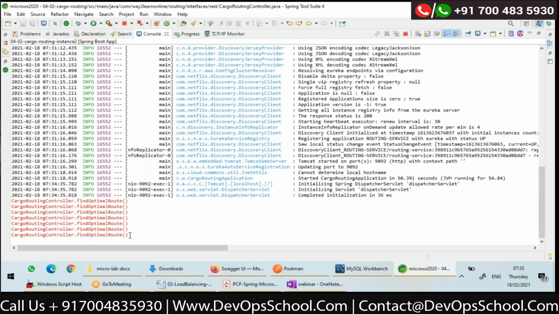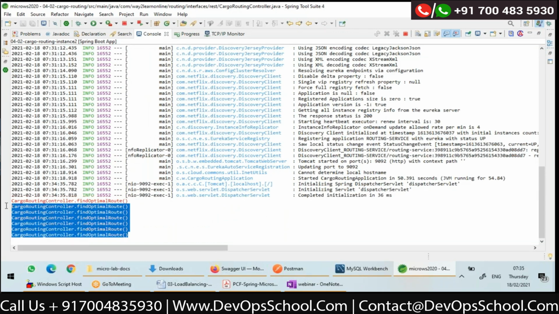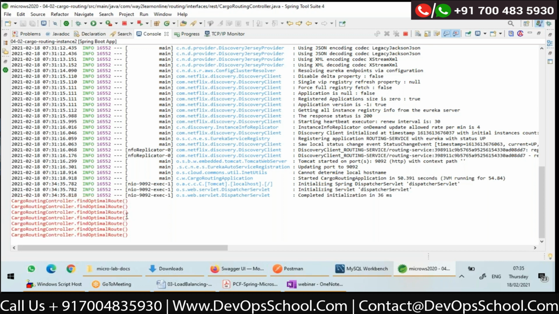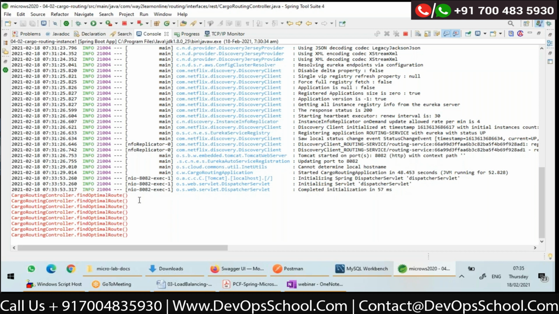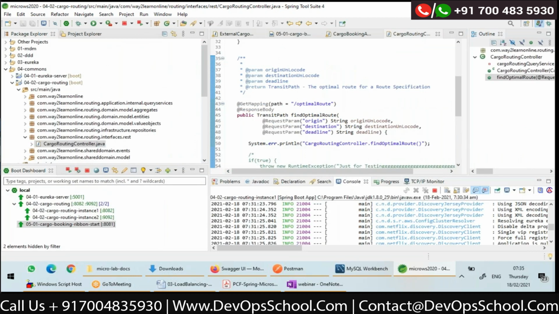Here, this is printed whenever this instance is called. How many times can you see here? 3 plus 4, 7 times. And what about routing instance 1? Here also you can see that many times, right? So load balancing is happening properly. But too much.